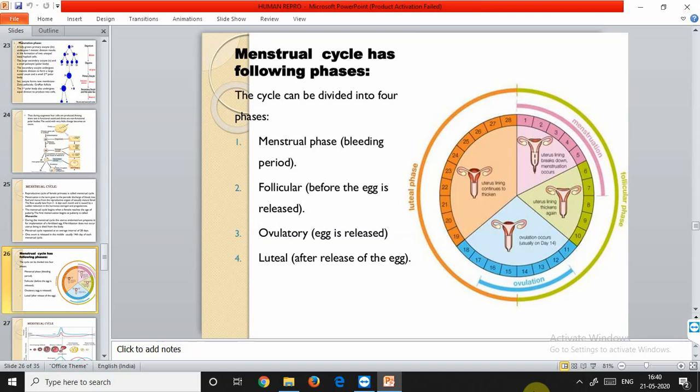And what happens in the menopause? It is the period when ovulation and the menstrual cycle stop. The average age of menopause is currently 50 to 52 years, and in some it occurs gradually over a period of 1 to 5 years, while in some it occurs abruptly. So on average it is 50 to 52 years in females, but it is not necessary, and nowadays it can occur at the age of 45 to 50 as well, so it is not fixed.